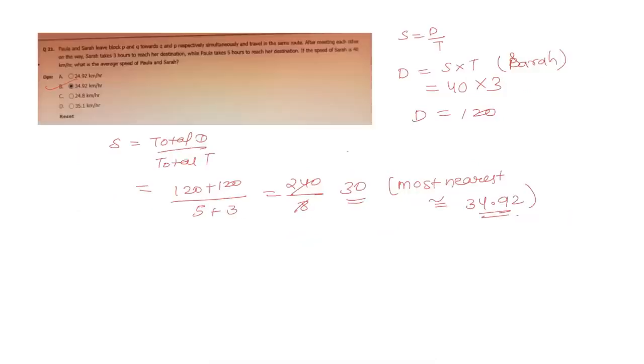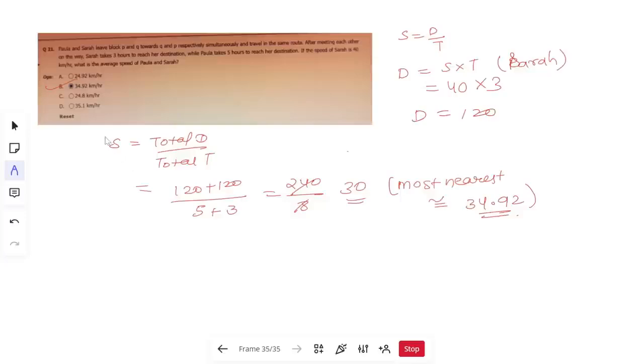Let's look at this question, guys. So in this question, Paula and Sarah leave block P and Q towards Q and P respectively simultaneously and travel on the same route. After meeting each other on the way, Sarah takes 3 hours to reach her destination, while Paula takes 5 hours to reach her destination. If the speed of Sarah is 40 km per hour,